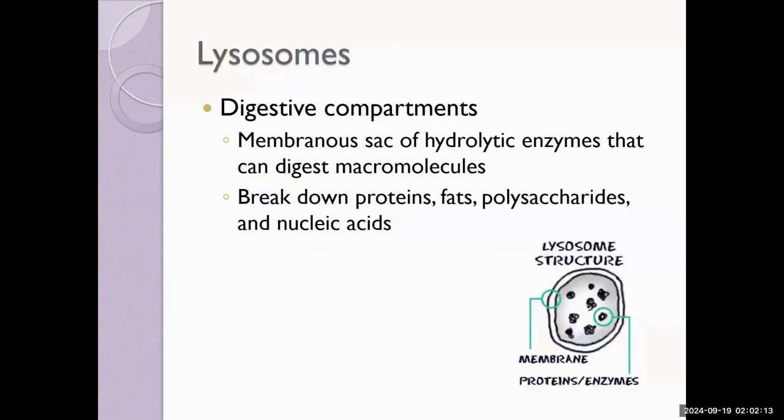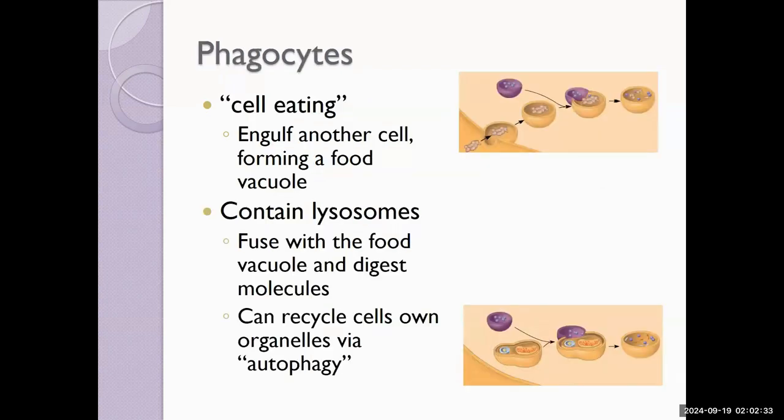Lysosomes are specialized compartments that contain digestive enzymes. They are used as recycling centers to break down old proteins, fats, polysaccharides, to break down macromolecules back into their small monomer forms. Phagocytes refer to cells that eat things, but the process known as phagocytosis describes how a cell can absorb and engulf food from the outside world. So phagocytosis is the acquisition of outside material, and these phagocytes will fuse with lysosomes and recycle raw material down.